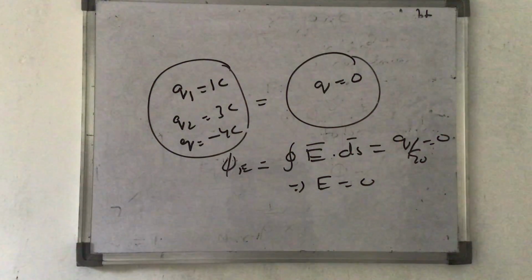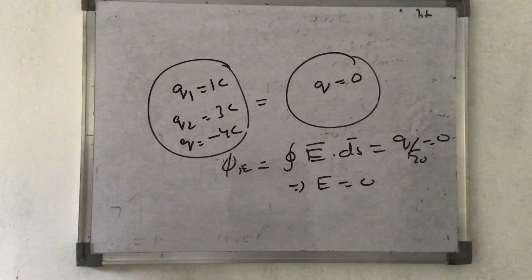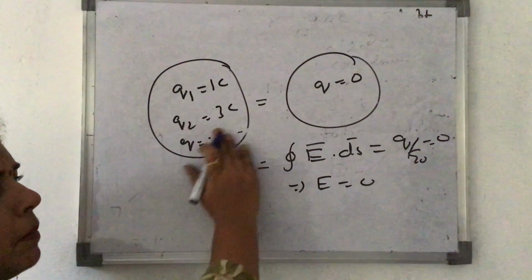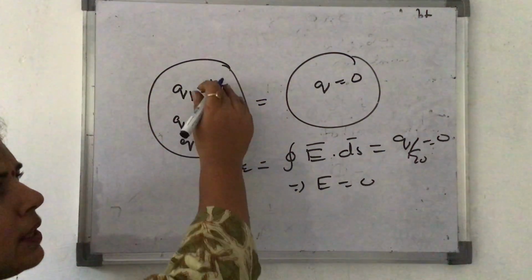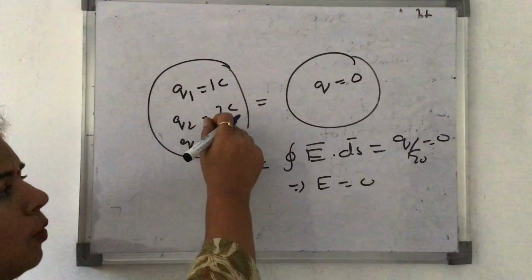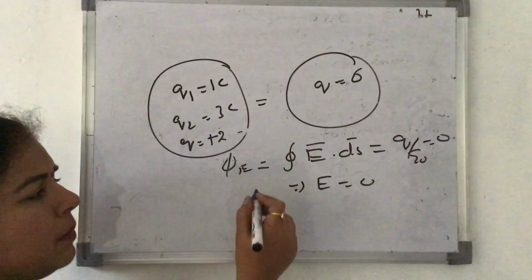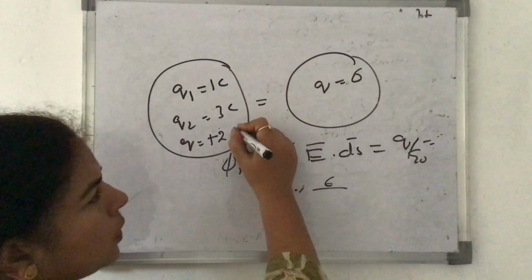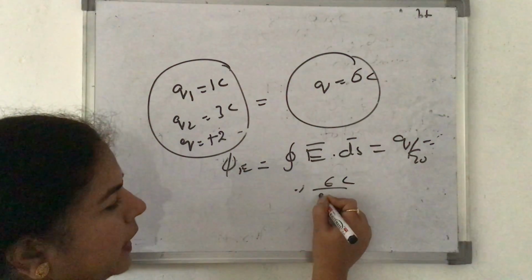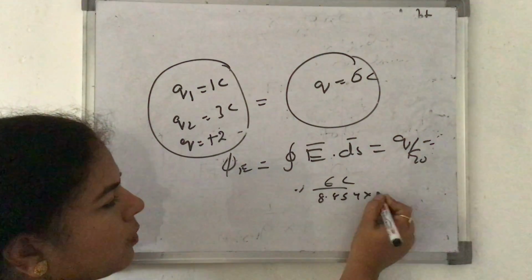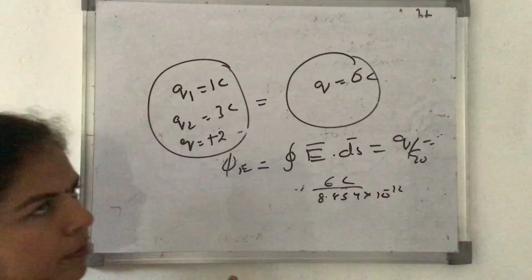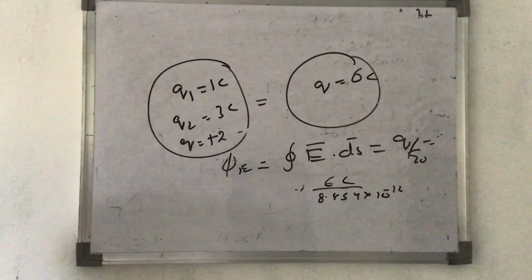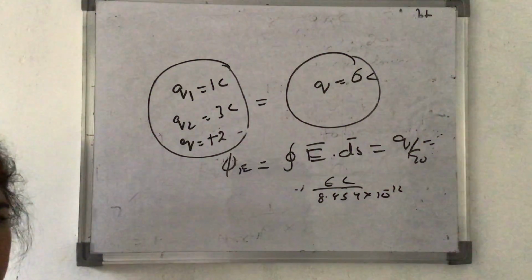We'll count algebraically, we'll add all the charges along with the sign, and whatsoever is the value, that will conclude. In case it was let's say plus 2, then what I would have done, 1 plus 3 plus 2, 6. It is 6 coulomb. The electric field would have been 6 coulomb divided by 8.854 into 10 raised to minus 12. This I would have solved. Fine. So whatsoever charge is inside, we have to sum up the entire charge, and then apply this Gauss theorem. Okay.